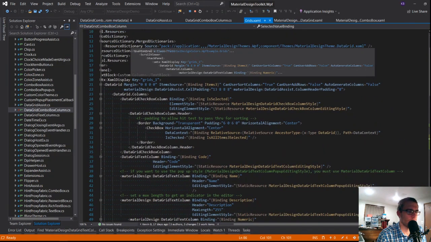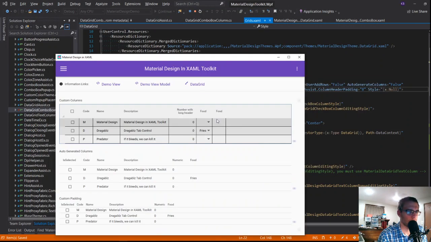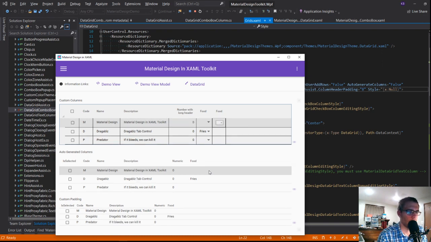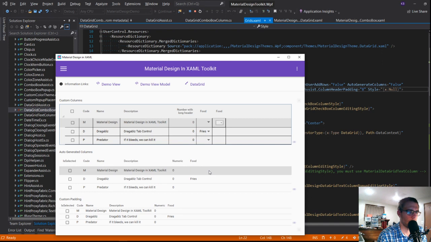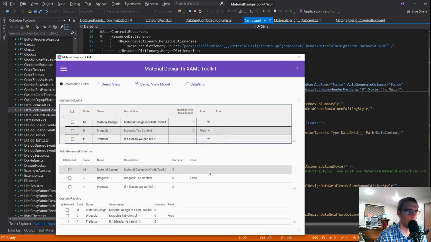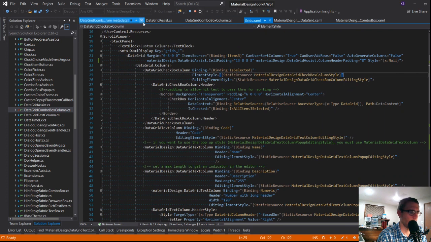So let's try it. Let's see. If I do style, turn that off. So there's still something being applied implicitly.